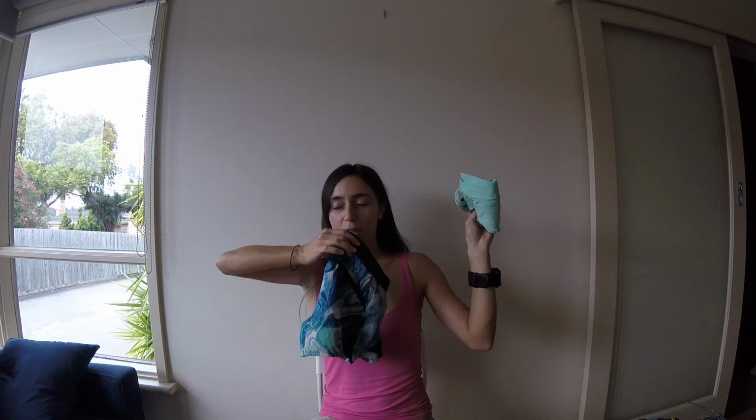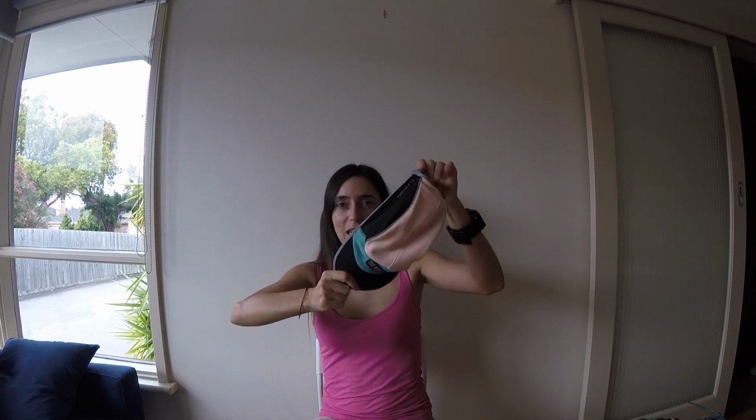So, first thing you're going to need if you're running a trail marathon, for most people, is a pair of shoes. I think that they will do the job. They're actually road shoes, but the trails for this particular race are not too technical, so I think I'll get by just fine with these. I've got my shirt, my shorts, my trusty hat, which will protect me from the sun,